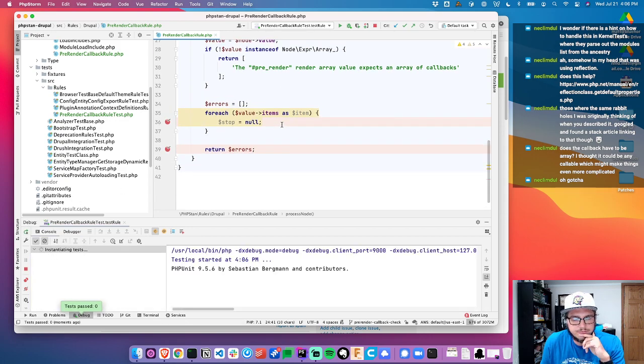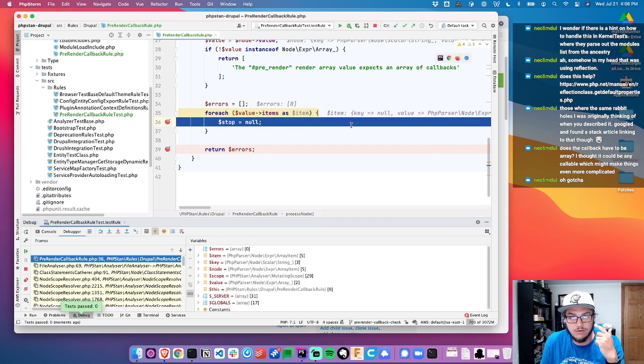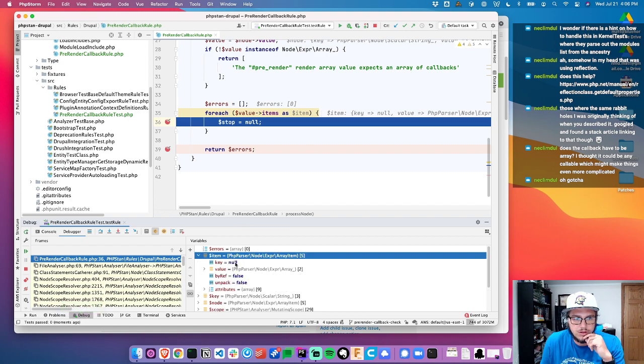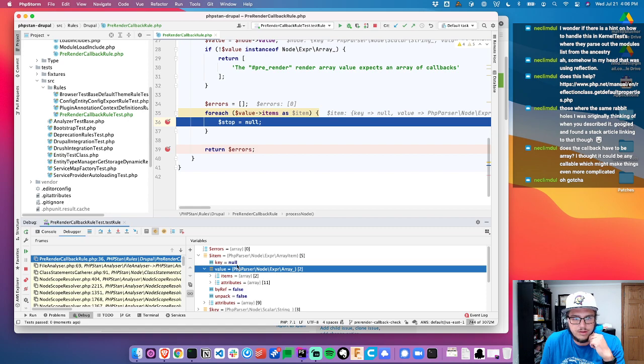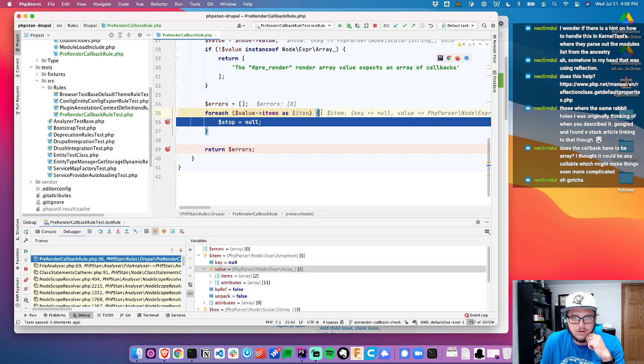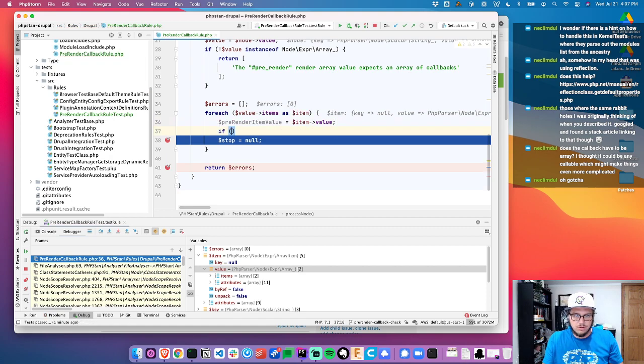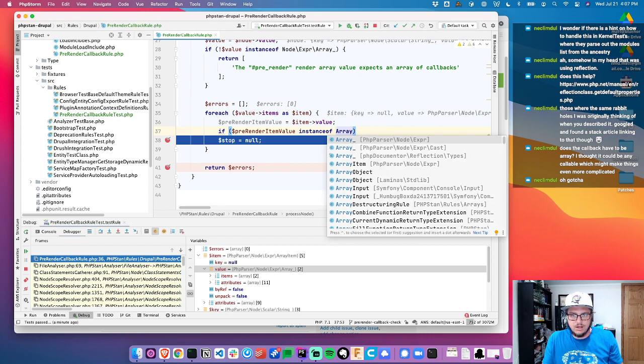So let's go ahead and refresh. So we need to collect errors against any of the pre-render values that are there. So item key is null, which is expected. So value. So let's get the pre-render item value equals item value. So if pre-render item value is instance of array